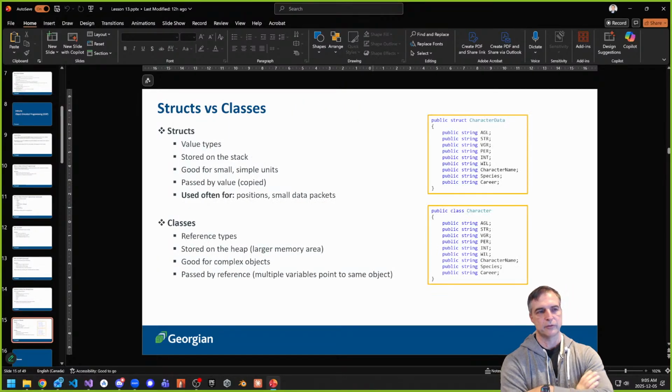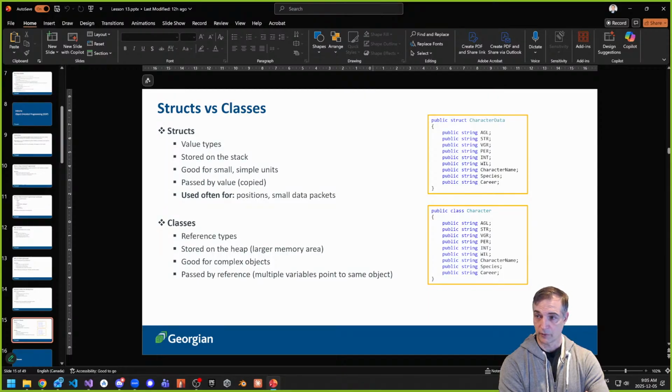When we look at here's two examples. One of them is at the very high level. If I look at a struct and a class, you can see here that they're almost identical, except for the word struct or class. And they can work this way if you want them to. So it's very easy for us to interpose a class instead of a struct. So why would I use a struct if I can use a class? Like, what's the advantage, disadvantage?